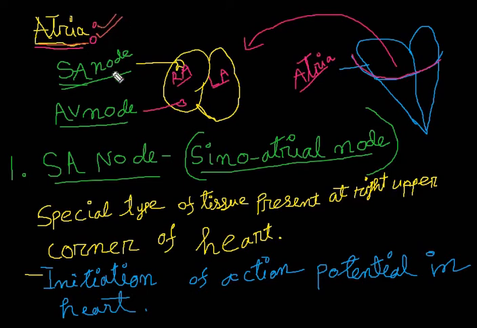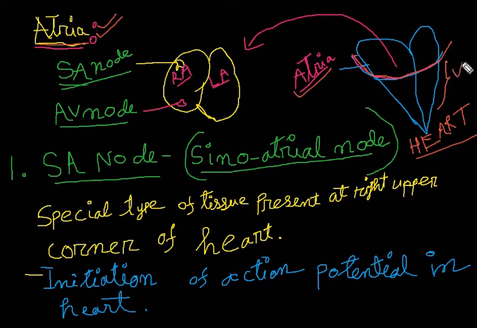But in today's video I am going to discuss atria. First of all, in the last video I have discussed details about heart. This is heart, and the small upper portion of heart is known as atria. Suppose this is atria, this is the small upper portion. This upper portion is atria and this lower portion is called ventricle.